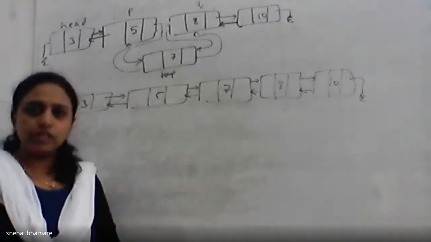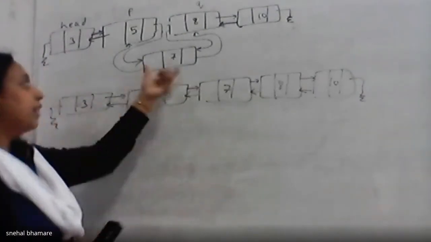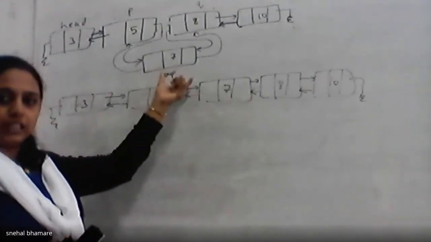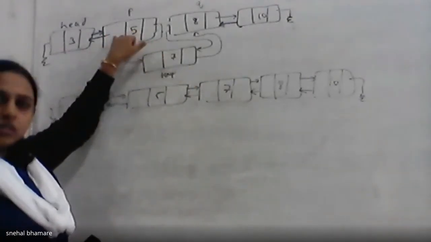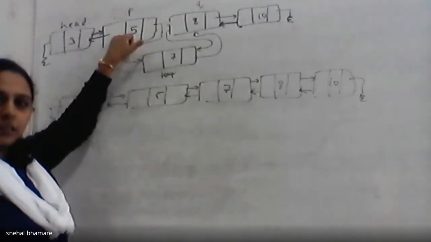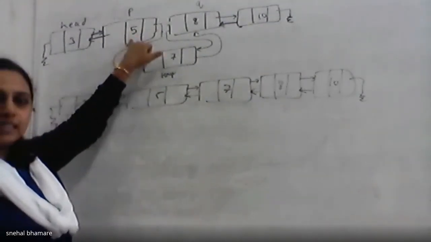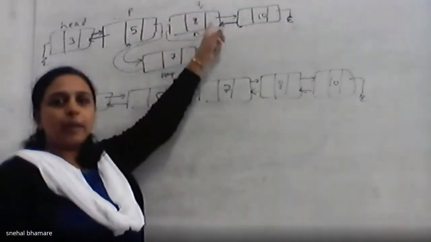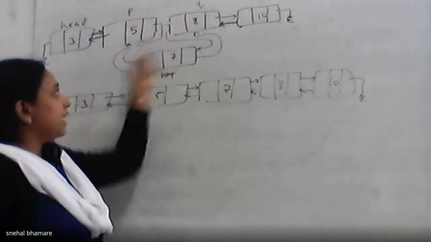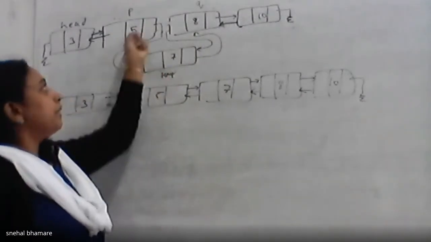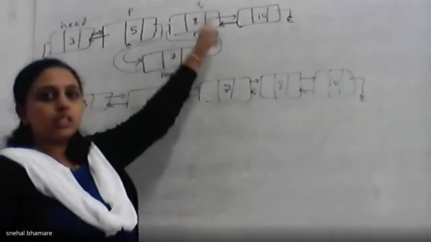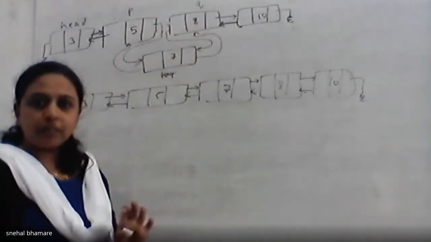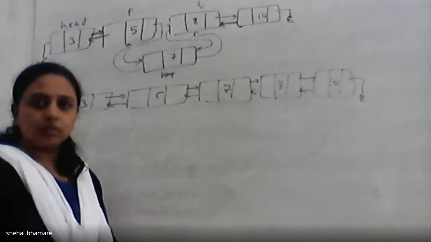Getting it? How to insert it? What have I done? I have created a new node which we have to insert in between. Then allocate memory for that. After that, ask the user after which node you want to insert it. Refer to that node by a pointer variable, let's say p, and its next node by the q variable. Then p next is equal to 10, 10 previous is equal to p, q previous is equal to 10, and 10 next is equal to q. Okay, getting it? Fine. Now we will write the code for this.